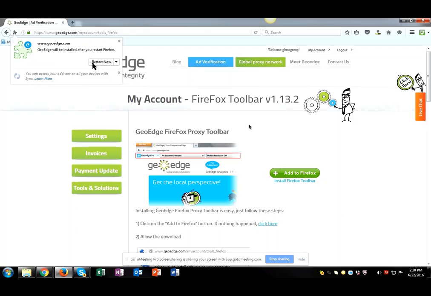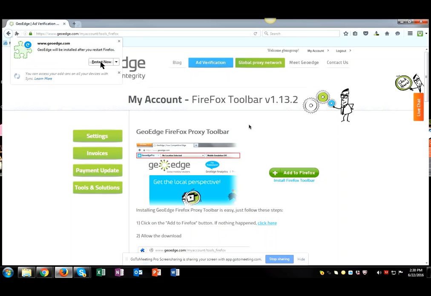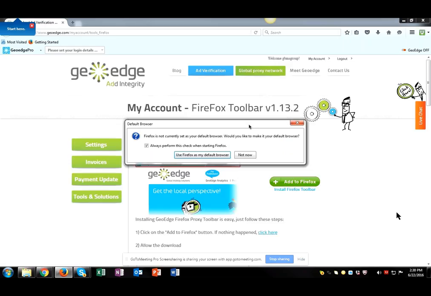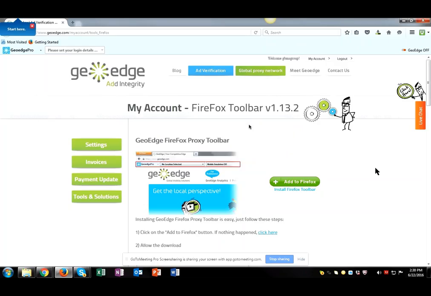Click on Restart. It didn't require that for Chrome, but it does for Firefox. So that means it would conk us out if we do that, right? Say not now. Not now, but it's loaded. Yeah. Okay.